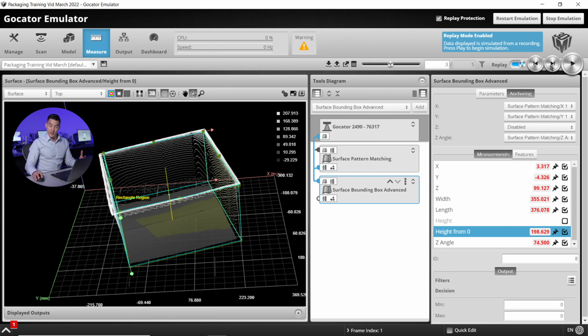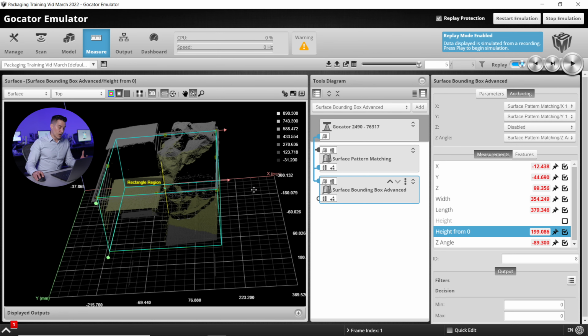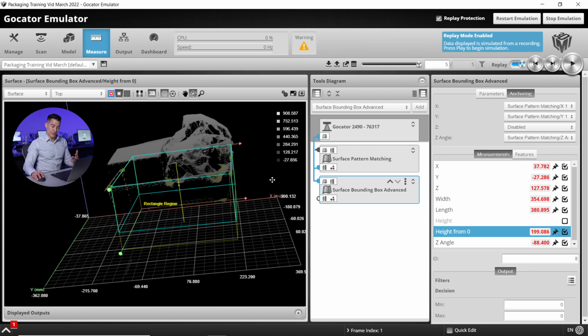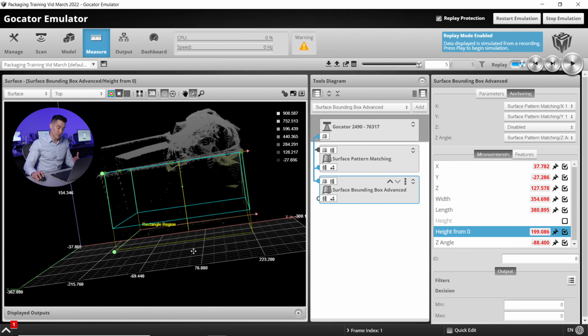Where this comes into play is frame number 5, where we've crammed the box full, we cannot visually inspect the bottom of the box, but we need to get an accurate volume. In this case, we can get that volume from the 0 axis. Now to get this, you have to make sure that you've aligned your sensor so that your 0 axis is sitting where the bottom of the box is, otherwise this won't work.